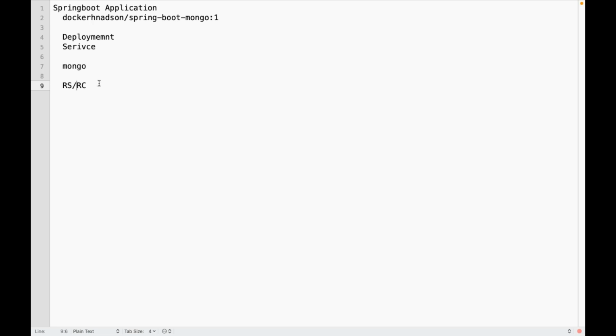Are you going to update database images very frequently? No. So in that case, you can go for RS or RC or deployment, anything. Anything is fine for now.